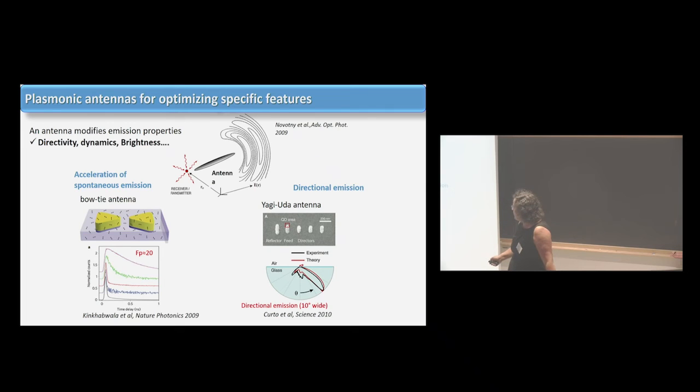So here you have the bow tie antenna. We have already discussed this. We know that here we have a very high electric field, and as we have a very high electric field, we will modify the emission. And for example, we can prove here, this has been demonstrated, that if you have an emitter which is in the middle, you can accelerate, because of this very high confinement, the emission by a factor which corresponds to 20. This is called the Purcell factor.